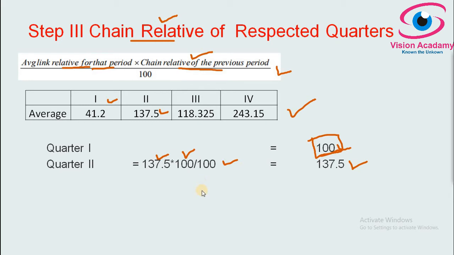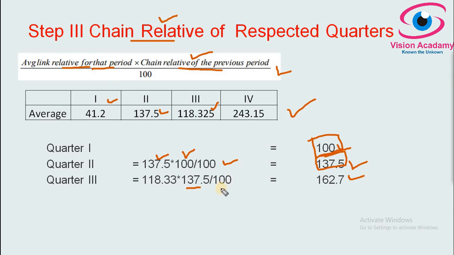So say for the third quarter, the average link relative for that period is 118.325, and the previous period chain relative is 137.5. 137.5 into 100 divided by 100 will be